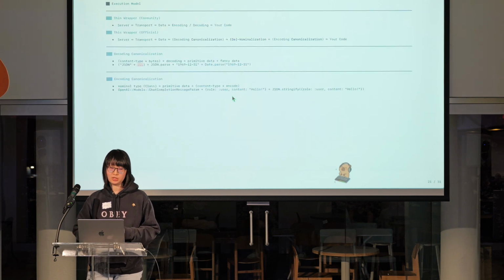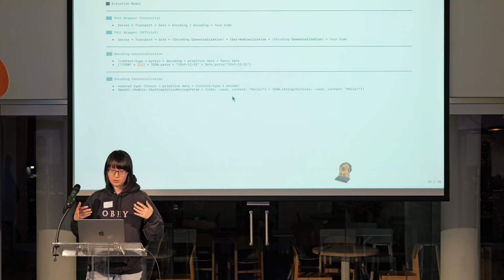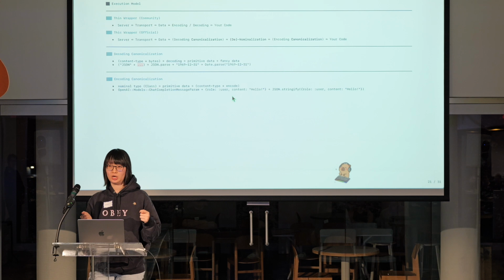And right, so circling back to execution model, the community SDK is very thin. It does whatever you want it to do and just gives you back the raw data. But what we do is add a normalization step when you get the data back, and we do the reverse normalization step when you want to turn those rich classes into data to send